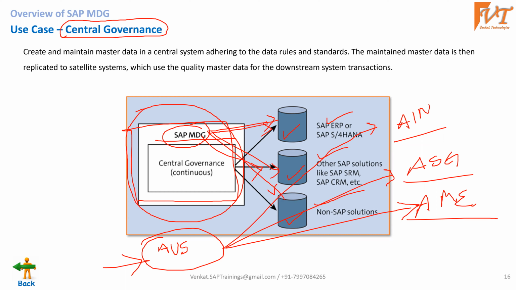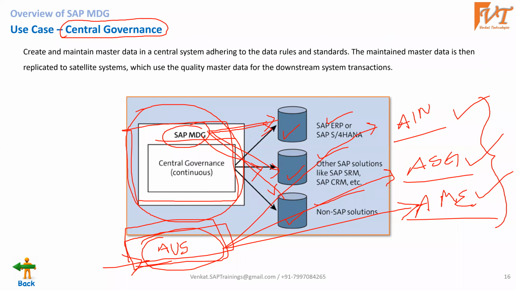So here this is only for the master data. And these business units are the actual transactional systems. So in Amazon US, we have only the master data maintenance system, and these units have the actual transactional systems. For any transaction, we need the master data. So that's why, with the Amazon US system, we are transferring the data to the connected systems. So this is central governance, and how we restrict the maintenance of master data in connected systems and how we do the governance in practice, we'll discuss later.